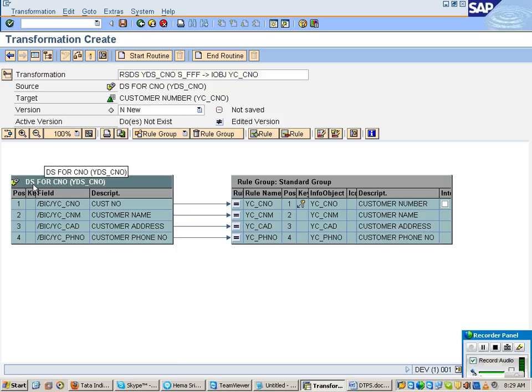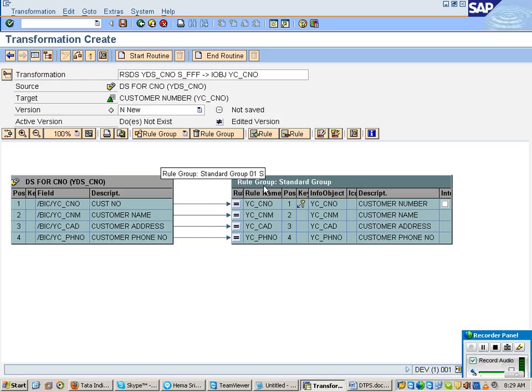Now see, this is your data source and this is your target. What is my requirement? See how it is going. From customer number of the data source, it is going to customer number of my target. Name of the data source to name of the target, address to address, phone number to phone number.